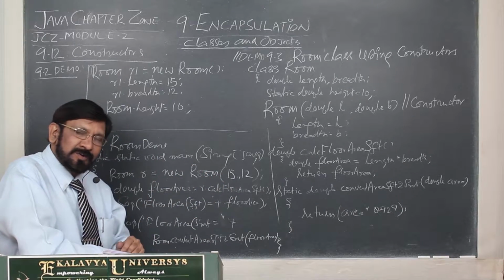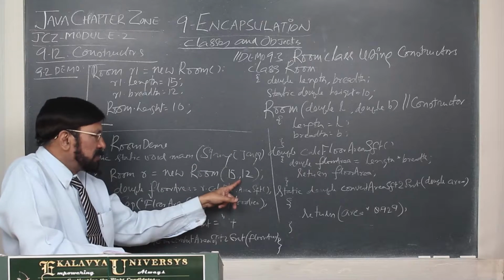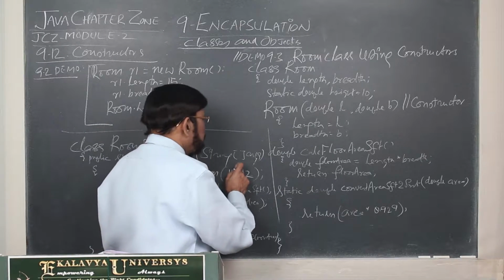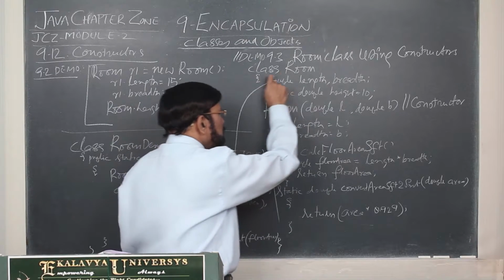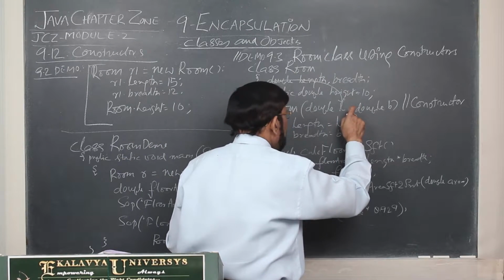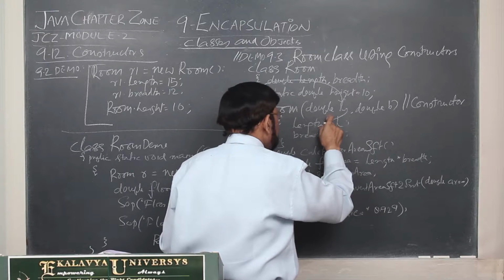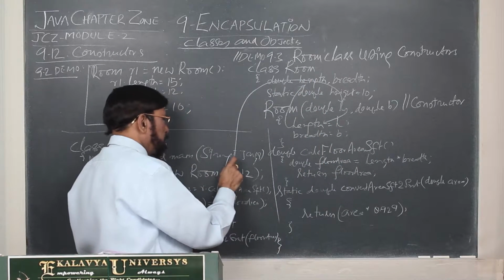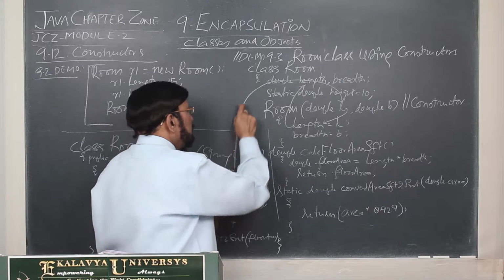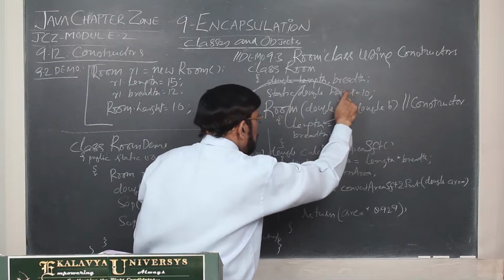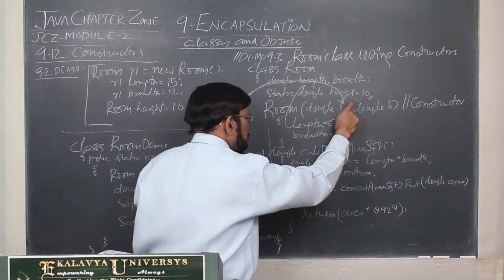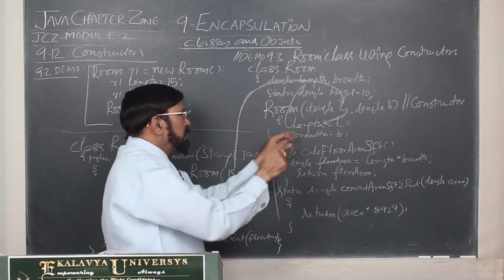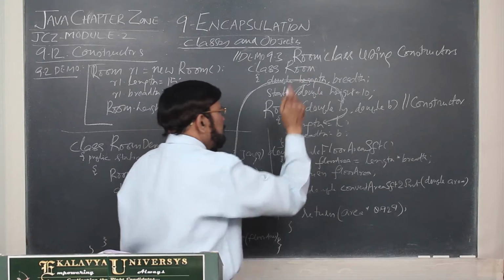In method calls, what we do is pass arguments. So now you see the route where this 15 goes. This 15 goes here, in turn it goes here, in turn it goes here. Just to see the route. From here, the argument is passed to L invisibly. In turn, it is assigned to length. In turn, it goes here.